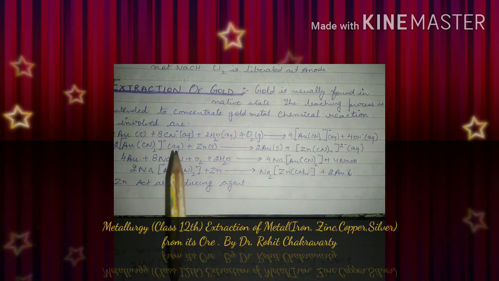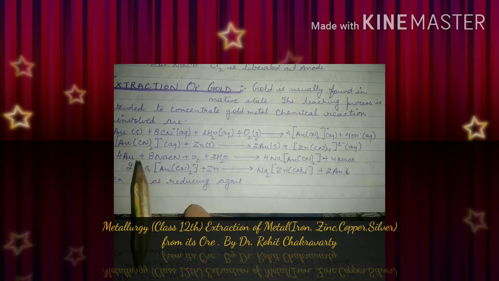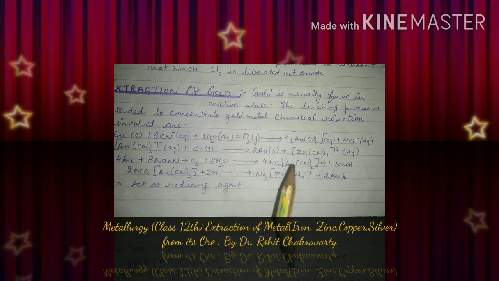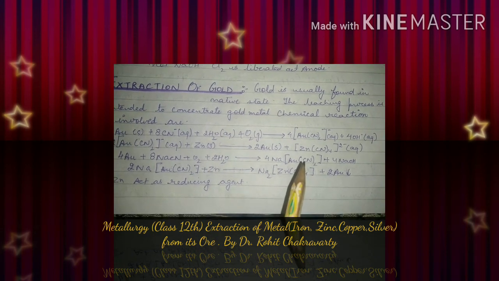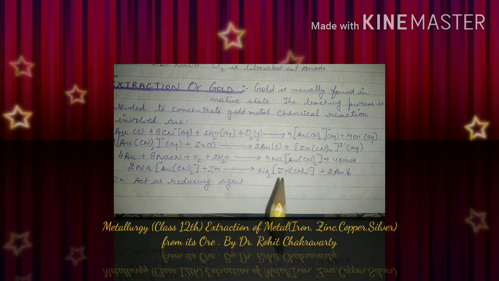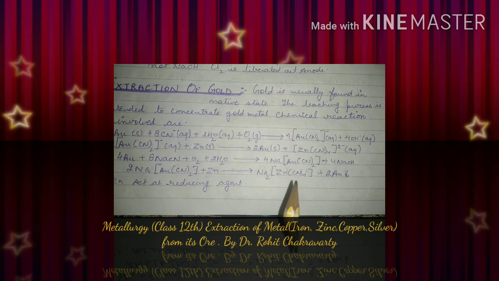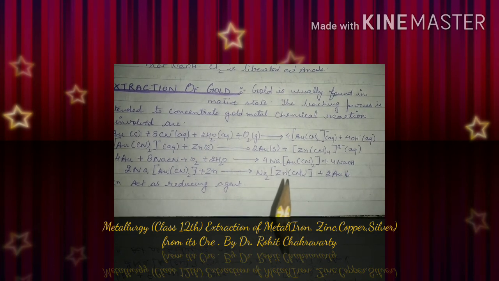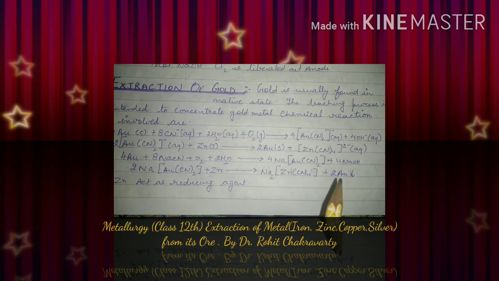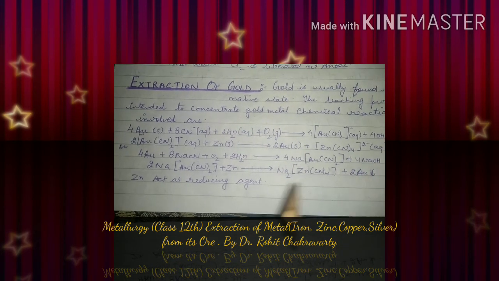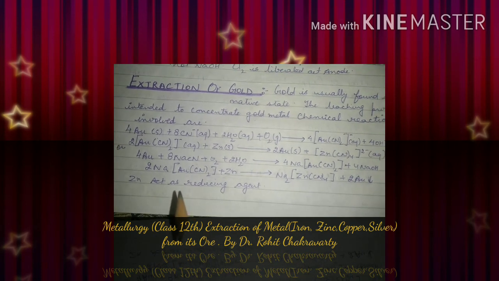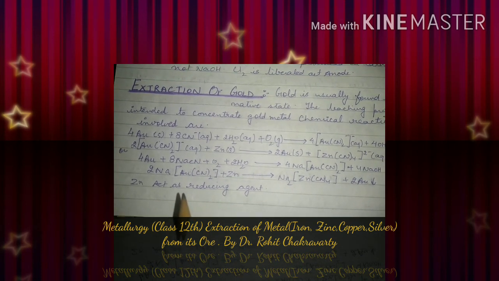Alright. So similarly, for the purification, the metal reacts with sodium cyanide in the presence of oxygen. So it forms a complex. This complex gets reduced by the zinc. So tetracyano sodium zincate will form as a complex which gets removed, and we obtain the pure gold metal. Here zinc is used as a reducing agent. A very important point to remember is that for the extraction of gold, zinc metal is used.